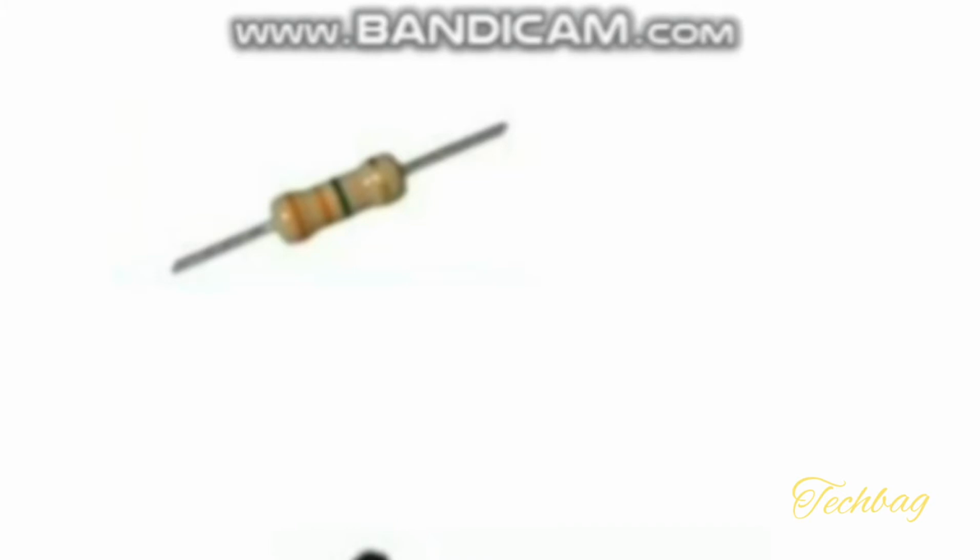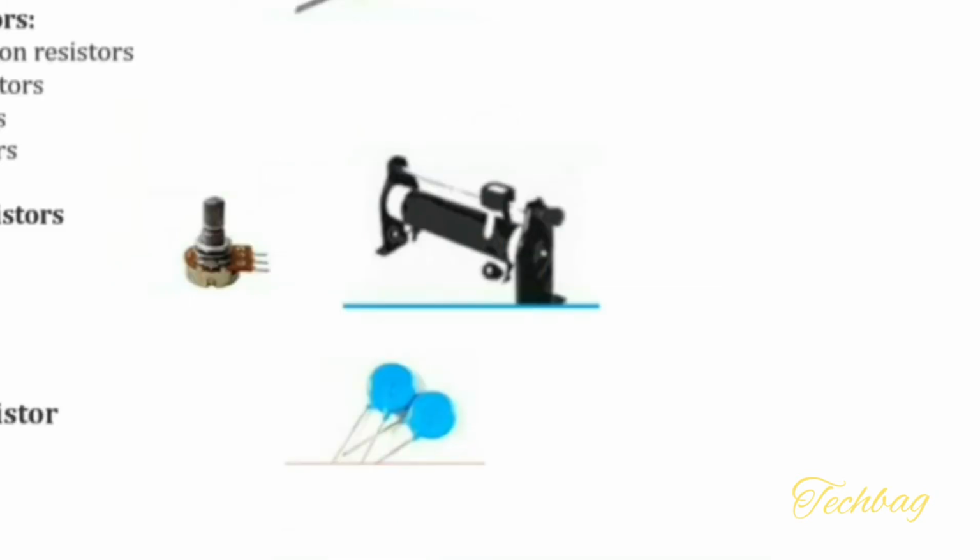Resistance is available in various shapes and sizes. There are different types of resistors, like fixed resistors and variable resistors. In this picture it shows the fixed resistor. A fixed resistor means the value of resistance cannot be changed. In this picture we can see the variable resistors. The first one is a potentiometer, and the second one is a rheostat. These two are variable resistors. And the third one, which is in blue color, is a varistor, which is a nonlinear resistor. In a variable resistor, the resistance value can be changed by adjusting the knob and shaft.